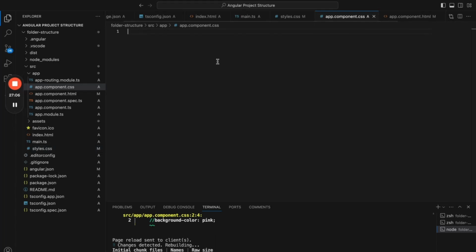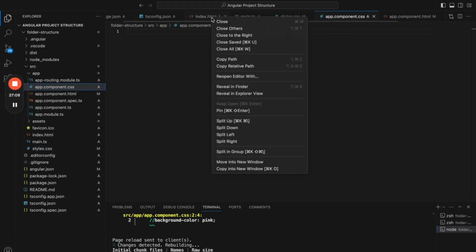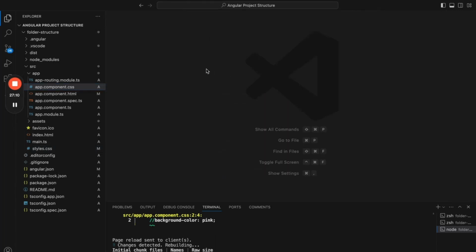Okay, so I think these are the folders and files that we need to learn and understand, each and every one. I hope this makes sense. If you have any questions regarding this folder structure,